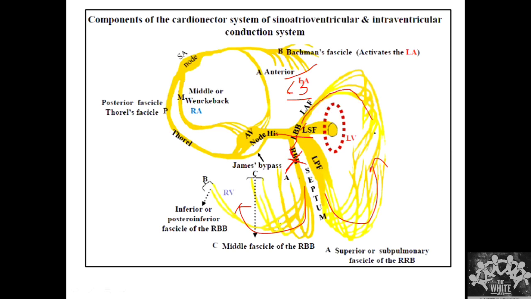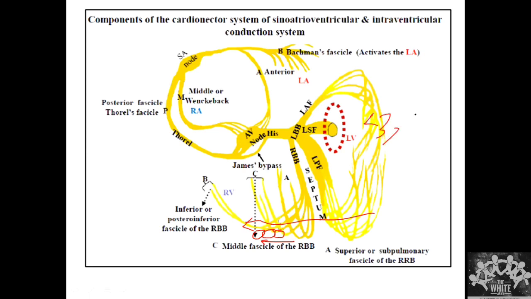So what happens? It initially goes and depolarizes this part. And then through the muscle, because there is no conduction that is going to happen. So the conduction is going to happen only through the muscular tissue. So if it is going to happen from muscle to muscle, the time duration that will be required is longer. So the time taken will be longer. What will happen to the QRS? Do you expect it to be less than 3 small squares or more than 3 small squares? More. Yeah. Good.